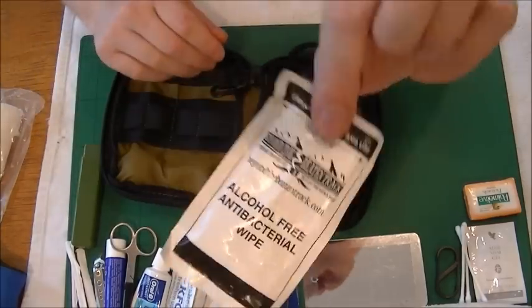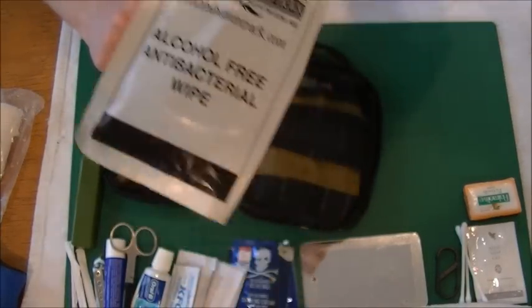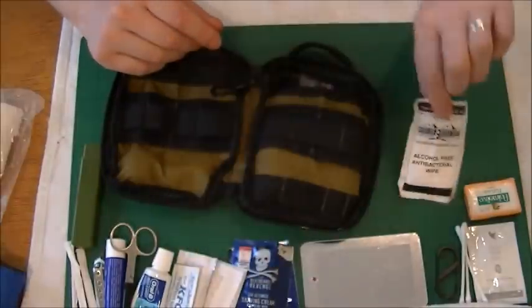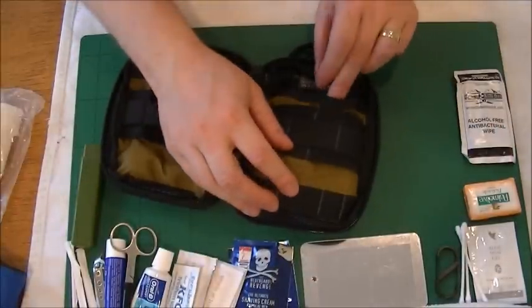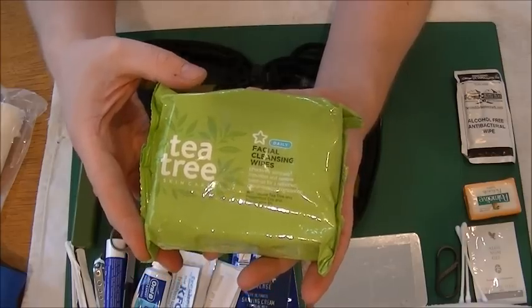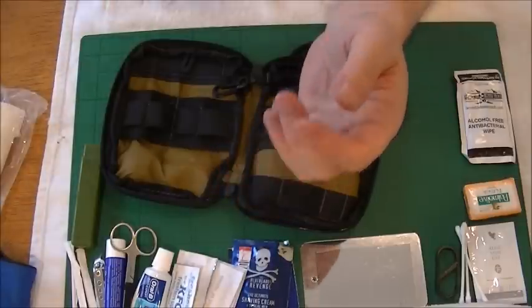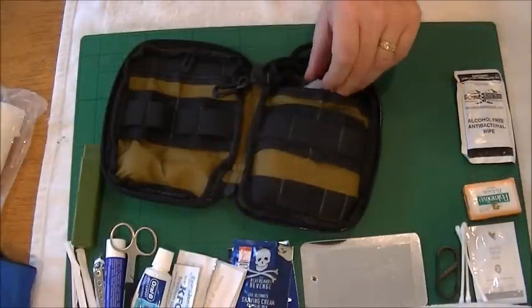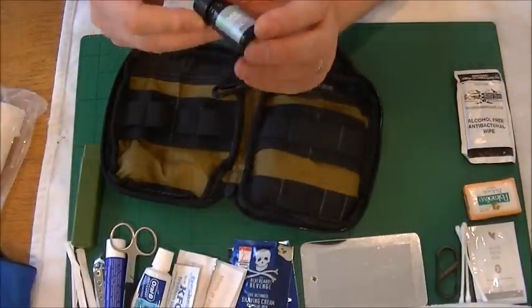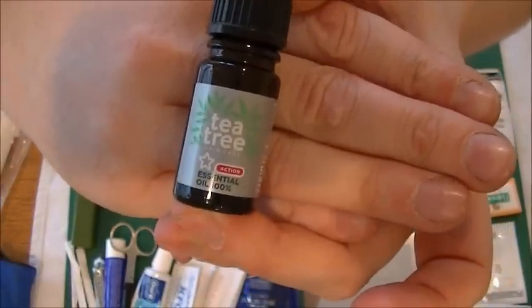Alcohol-free antibacterial wipe. Now these are issued in the British Army ration packs. They're very good. They're a good size as well. So a little quick clean with those. As I mentioned before, with these tea tree wipes, that's good for all over your body and everything else. But if you've got like little tiny wounds and infections and scratches and whatnot, that stuff there, tea tree oil,